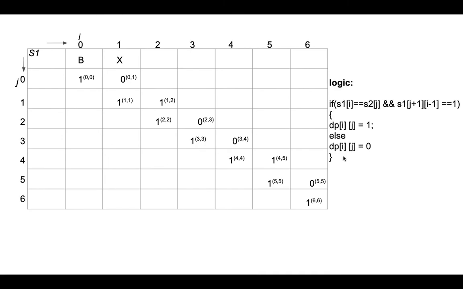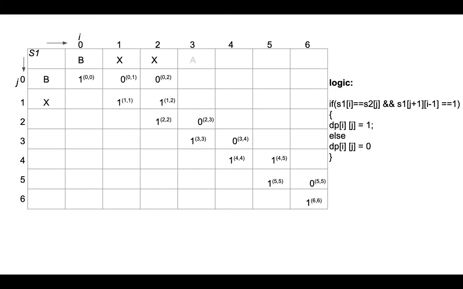So let's start with the third iteration. Here the window size would be 3, and if both of the boundary characters match each other, we can implement this logic from this iteration onwards. Let's start to iterate the windows. So now compare B with X, there is no match, fill the block with 0.